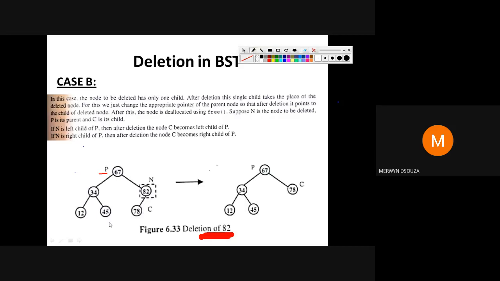So this is the node you are deleting, its child is 78. Copy this value here. Once you have copied this, remove this part from the tree. So once you copy it, here you will get 78, and you have finished deleting 82. Clear? How you delete a node having one child?